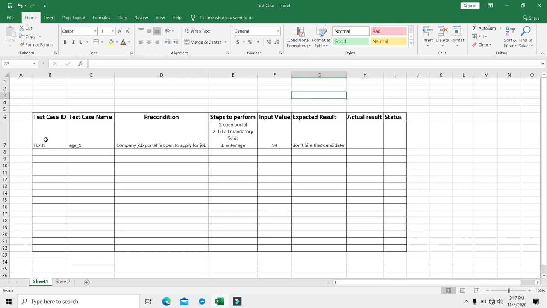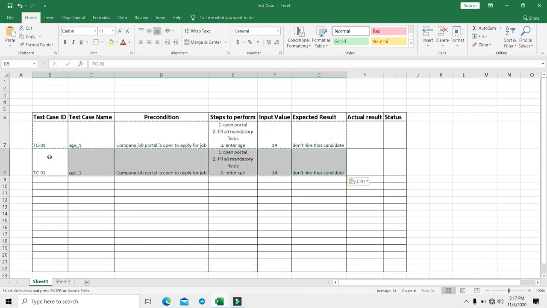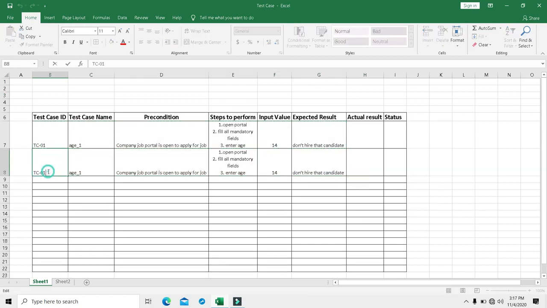Okay, the same way I am going to write another test case. I am again going to use the test case name 01, same precondition. Now I am just going to change the input value.